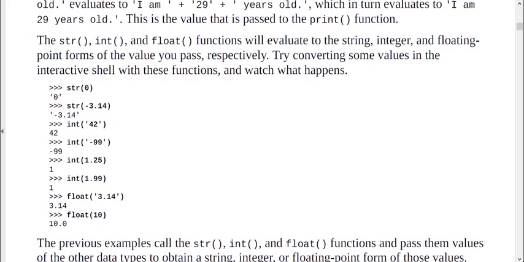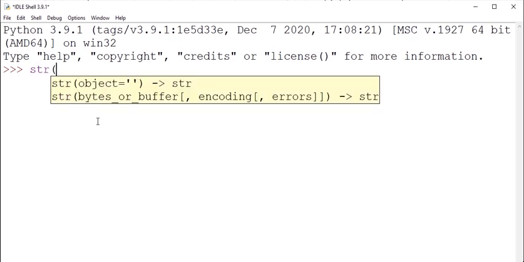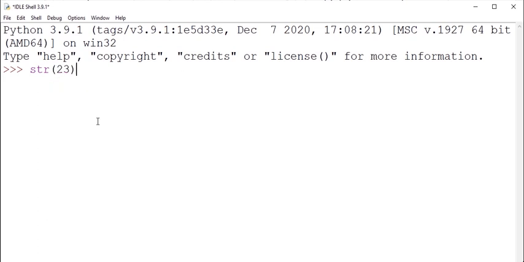I will go to my IDLE shell. Now as you can see, I have my Python shell here. What I will do is, I will use the str function. Then in the brackets I will take 23 and close the bracket. If I press enter here, the integer value 23 has been converted to a string value by using the str function. In the same way, if I use the